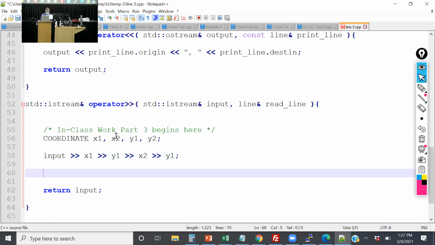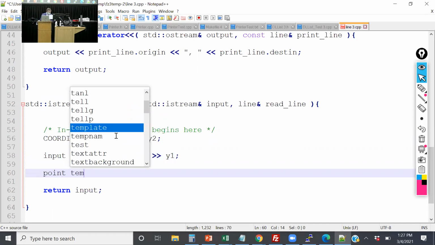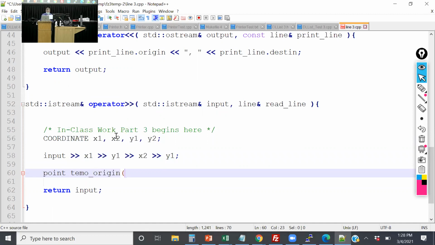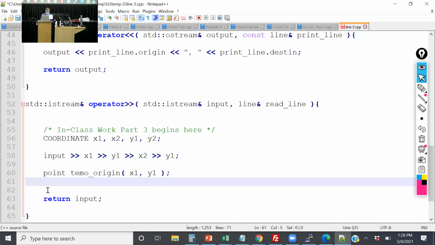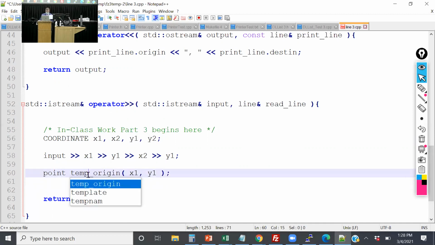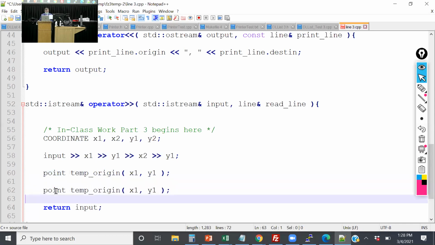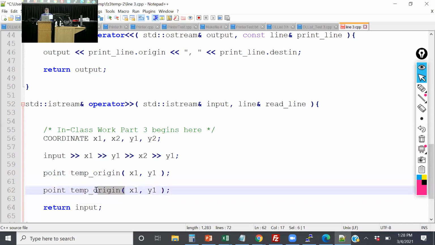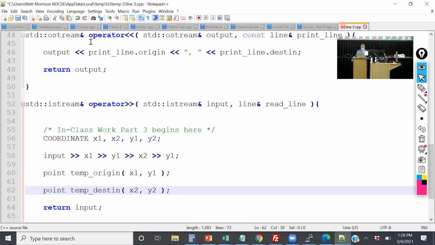So I'm gonna say point temp origin, and then x1, comma, y1. And this should be point origin. And then I'm gonna do the same thing, we're gonna call it point temp destin, and it's gonna be x2 and y2. And so just save for now,